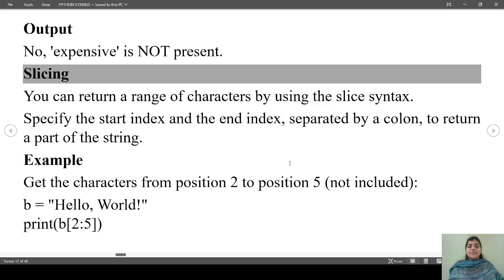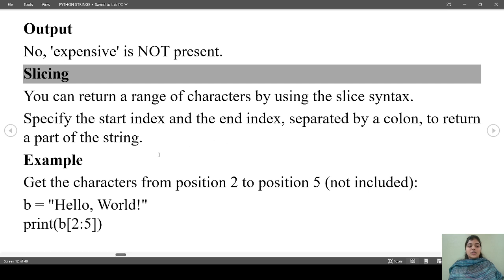So, for example, sometimes we want to represent a substring as a string. That means if we want to slice the string from a particular index to a particular index, that is where the slicing concept comes. So we can simply use square braces in order to perform index operation or slicing